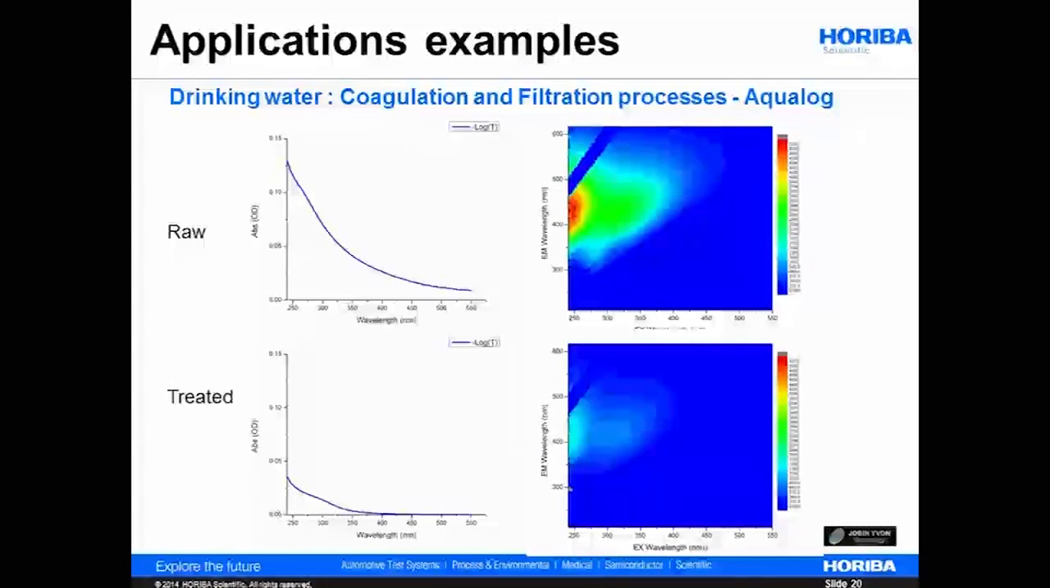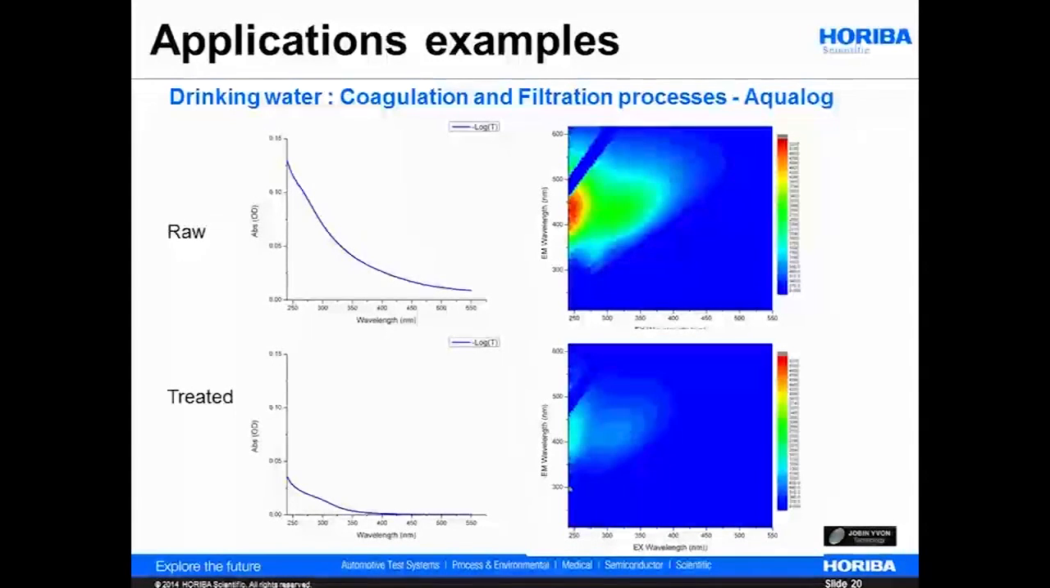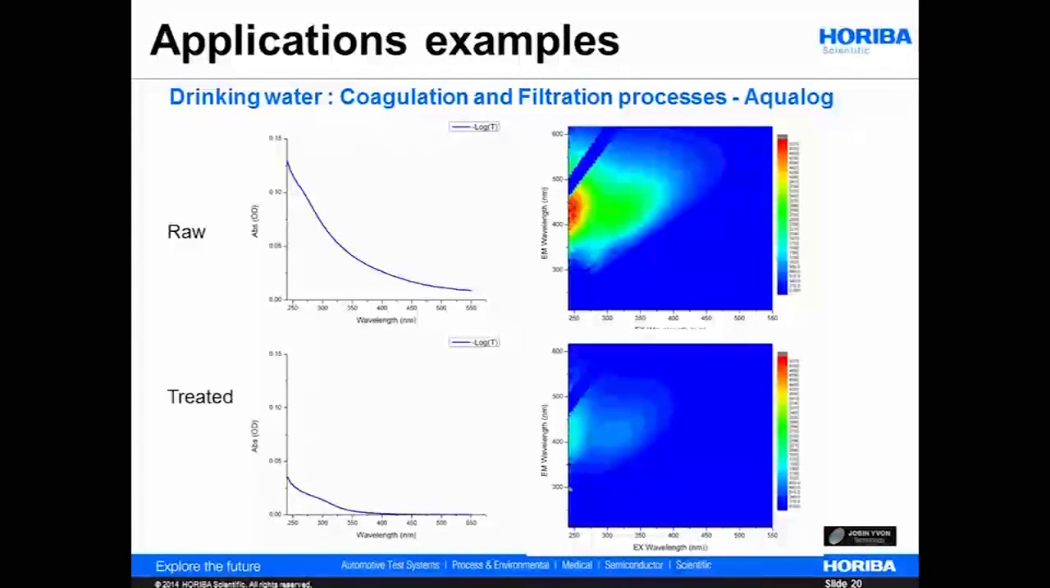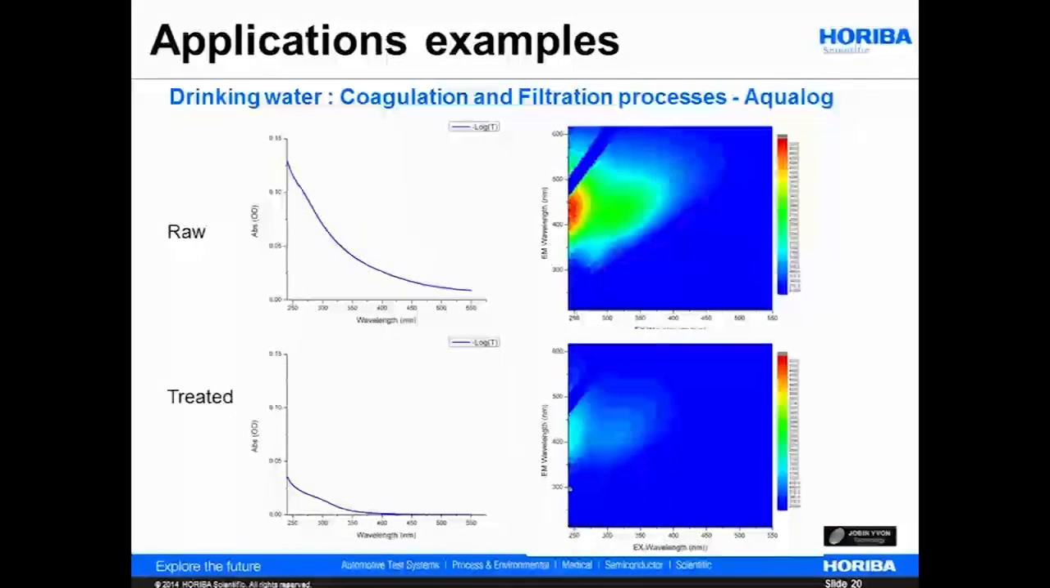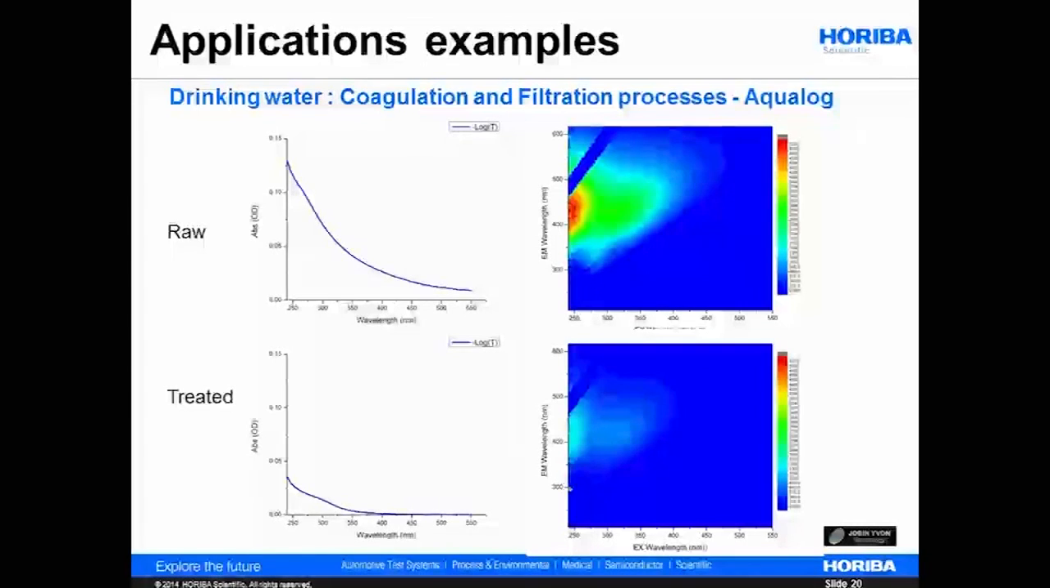Let's illustrate now some applications of the dual FL. The example shown here is related to water analysis. The data have been acquired with the Aqualog version, dedicated to water analysis. These graphs show the fluorescence and absorbance of water samples before and after coagulation and filtration treatments during drinking water